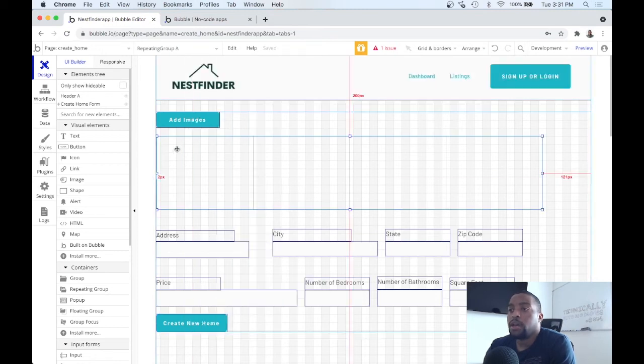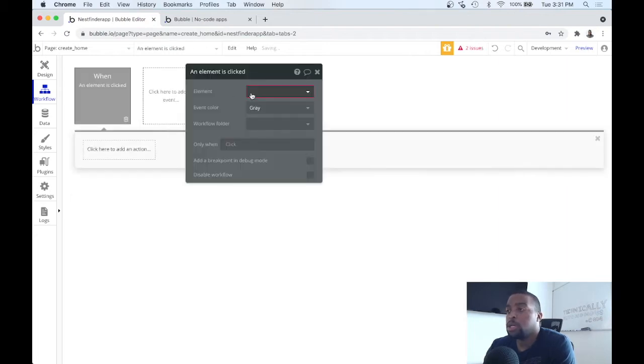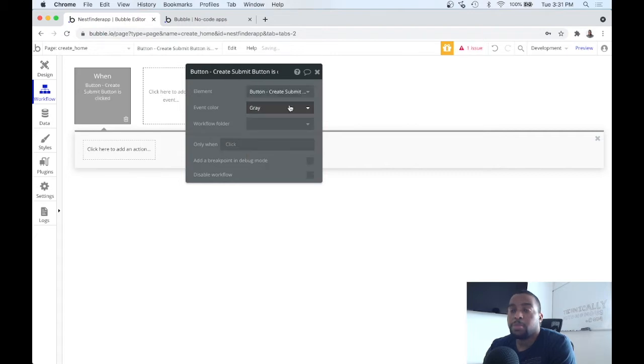So what we want to have happen is we want to go to workflow. We want to add a new event. And the event we want to listen to is whenever an element is clicked, which is going to be that button we made. So when the create submit button is clicked, what we want to do